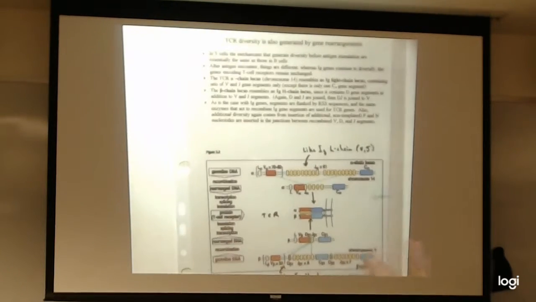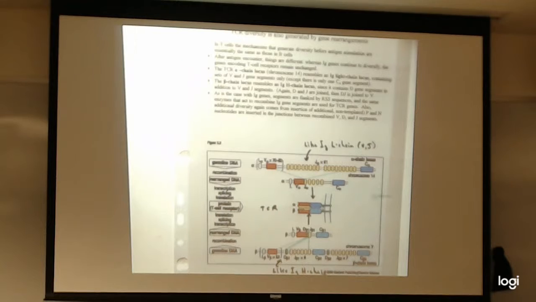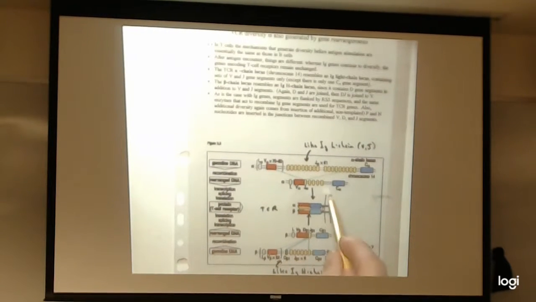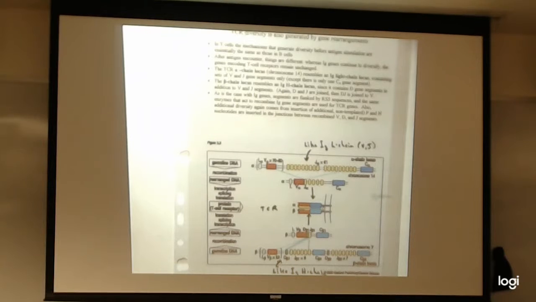And again, by the way, just as was the case for B cells, we insert these random P and N nucleotides every time we cut, from a segment here to a segment here, loop out the intervening DNA, cut, and then before we ligate this D and J, let's say together, we insert random nucleotides, P and N nucleotides, to generate a mountain of stars of the universe type of diversity possibilities here.